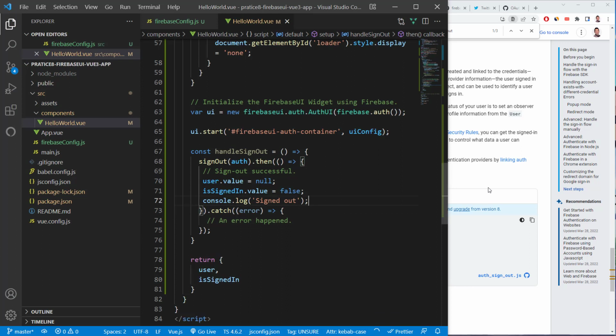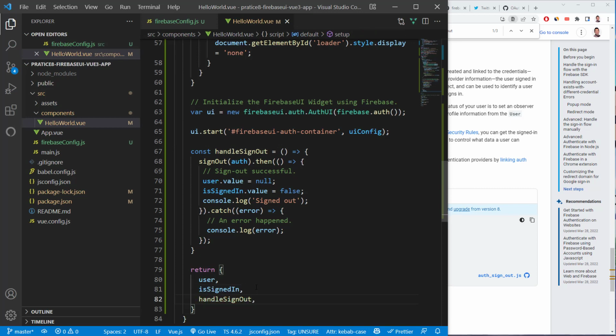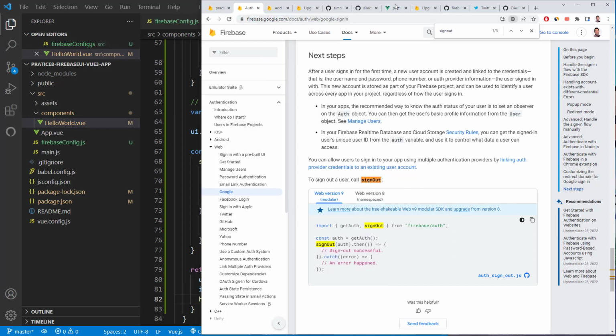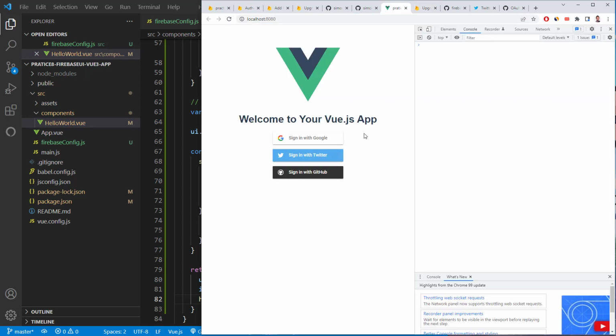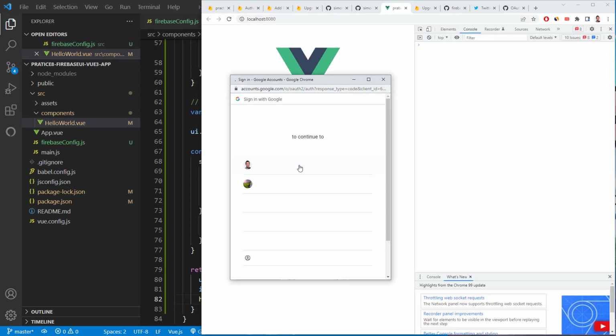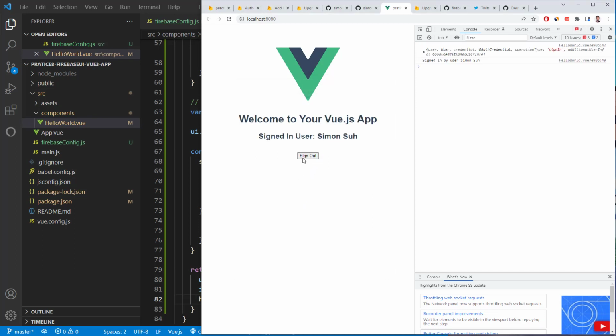Then on sign out, we want to say console log error. We're not going to see any errors here, but just for reference. Then we have to export this or reference this here so it can be actually referenced in the template area. And then refresh the page, sign in. Then we have the sign out button, and then we sign out, user signed out, and then we don't see the